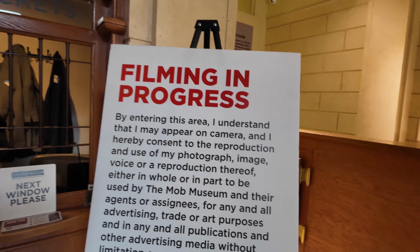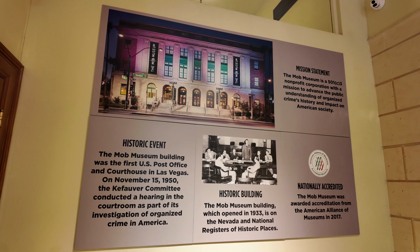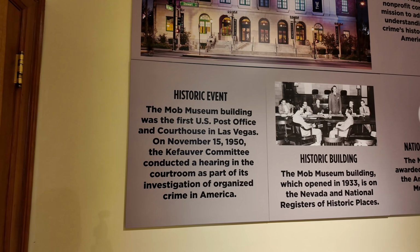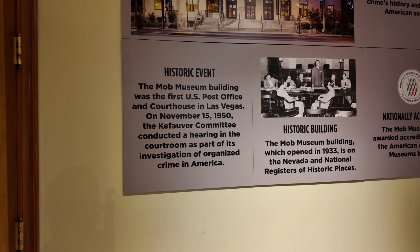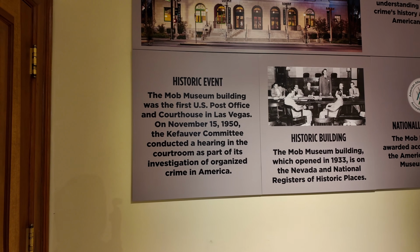Filming in progress is probably because of a guy with a media pass here. Well, this guy right here. This used to be an actual courthouse and a post office. And check this out. The Mob Museum building was the first U.S. post office and courthouse in Las Vegas. On November 15th, 1950, the Kefauver Committee conducted a hearing in the courtroom as part of its investigation of organized